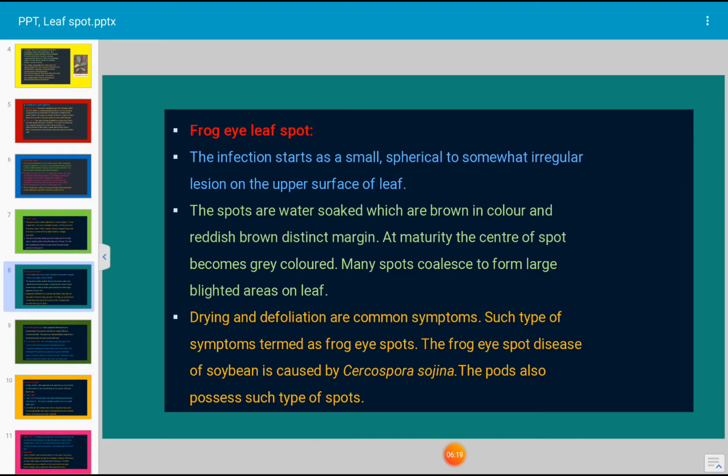Many spots coalesce to form large blighted areas on the leaf. Drying and defoliation are common symptoms. Such symptoms are termed frog eye spots. The frog eye spot disease of soybean is caused by the fungal pathogen Cercospora sojina, and the pods also possess such spots.